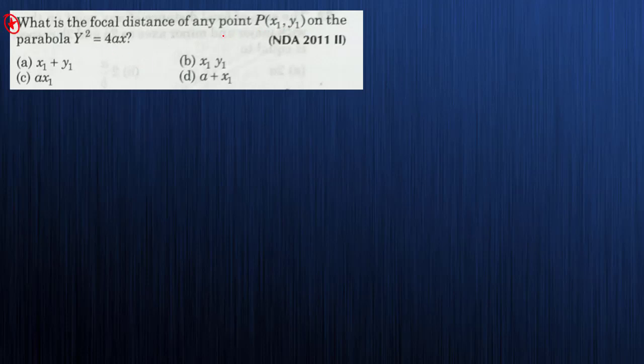Very important question. See, I will draw a figure. It is a conceptual question again. This is my axis, this is the parabola. Okay, and here we have the directrix. Suppose this is my focus, so here we will have the directrix. Okay, so the focal distance of any point on the parabola. Suppose we have a point P, x1 comma y1 here. Suppose this is a point P, x1 comma y1, and this is a directrix.